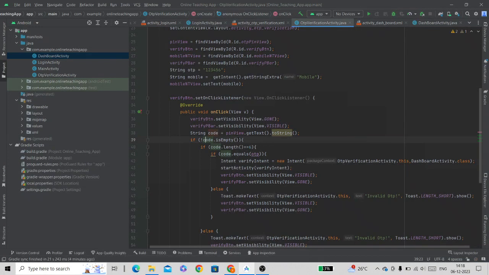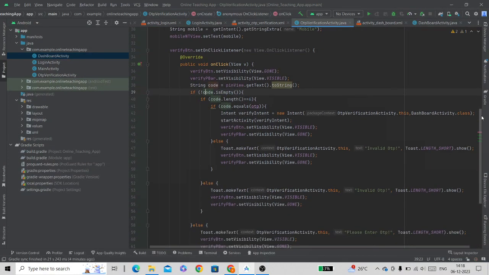First we will check if the code is not empty. If it is empty, then we will toast a message, please enter the OTP. Then we will check the length of the code string, which should be 6 because we have a 6-digit OTP. Now if this condition gets false, we will toast a message invalid OTP.